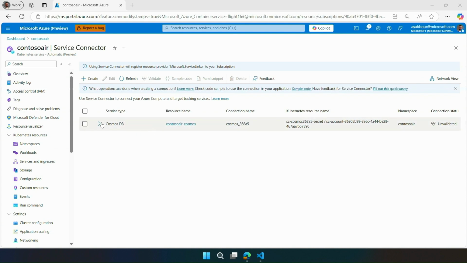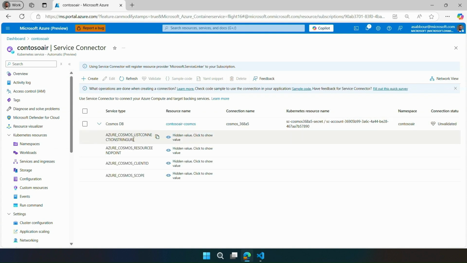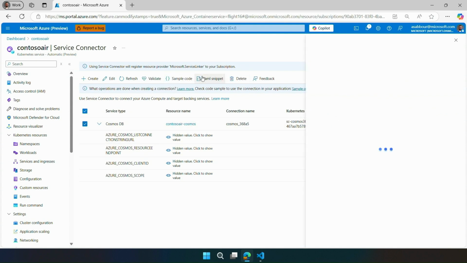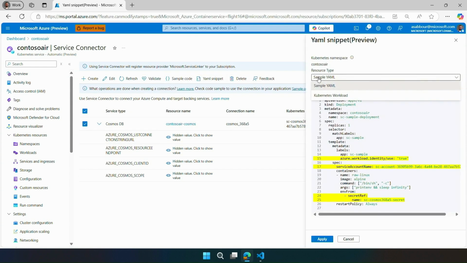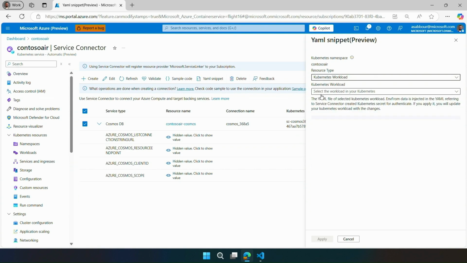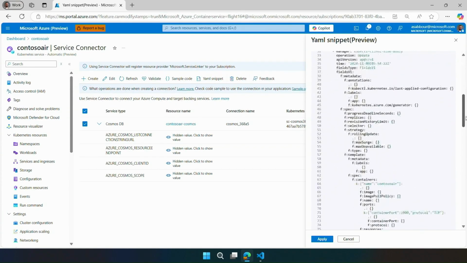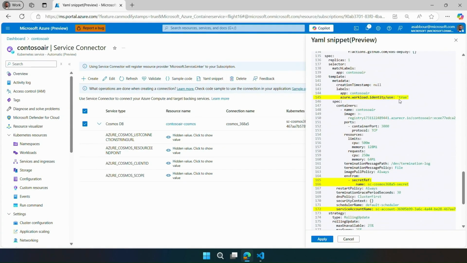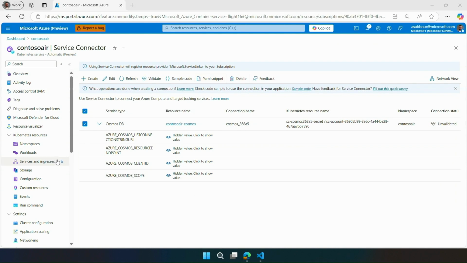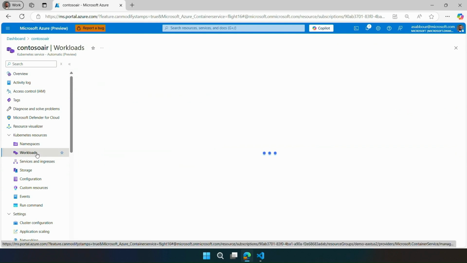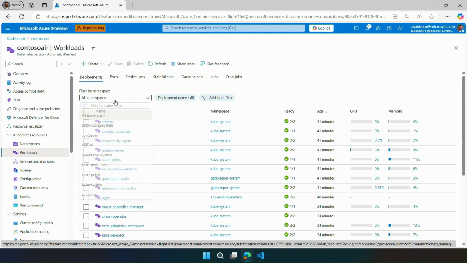And so Service Connector helps with that by, one, establishing the connection, getting all the endpoints and connection strings, and then helping you create that service account and load it to the deployment. So you can just select your deployment, which is the one that we just created via Draft. We just select it here, and it will tell you how you want to do this. You can copy-paste exactly what it referenced right here, which is the service account using the workload identity annotation, and the secret with all the environment variables. Or you can actually apply it and let us do that for you, like we did before for the deployments, and we'll load that into it.